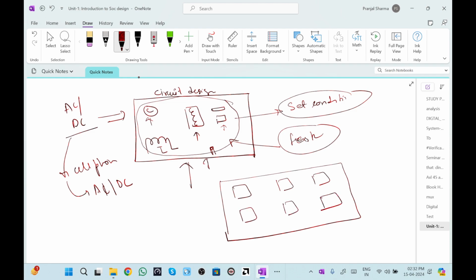I hope this point is clear. In this SoC environment, this particular block indicates this is only one chip. Suppose this is an AC-DC converter, and this is an RF signal, which we use to listen to radio systems.